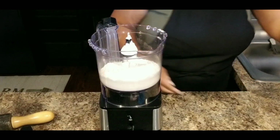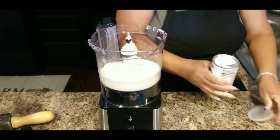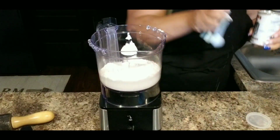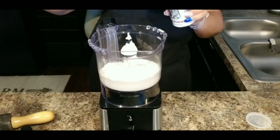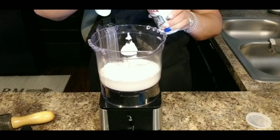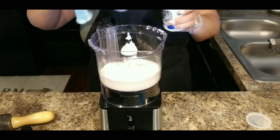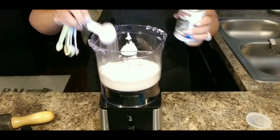Next, we are going to add 1 tablespoon of baking powder. And I used to love these. I love these biscuits. It was the one thing that I didn't get to share with my grandmother was my homemade biscuit recipe, but I'm positive she would have loved it. So that's a tablespoon of baking powder,